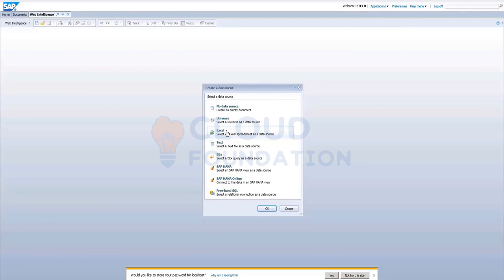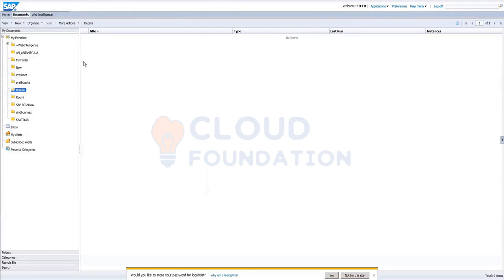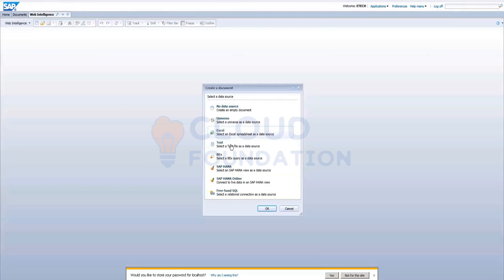You cannot access that before you consume it. You have to keep the Excel in our BI Launchpad repository. It should be stored somewhere in the documents or in the folders. Then only you can consume it here. That can be Excel or text data.